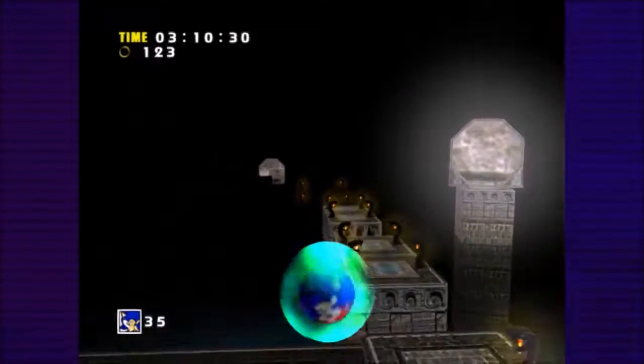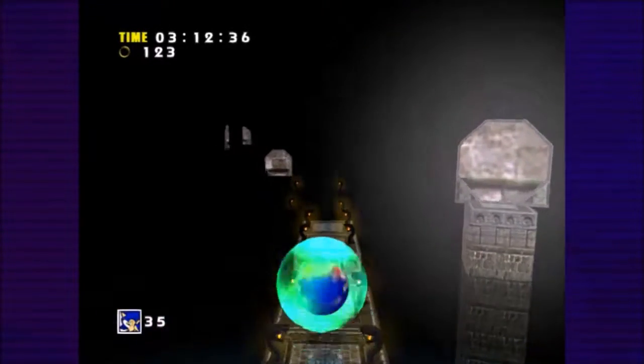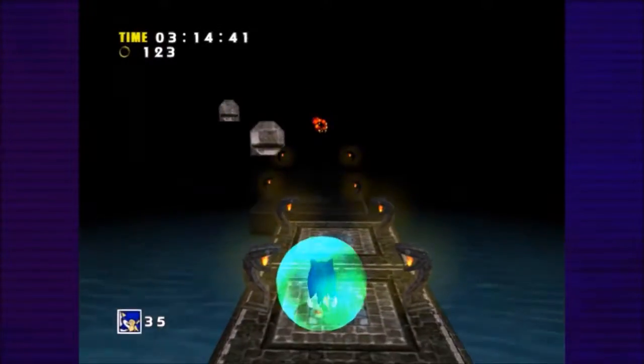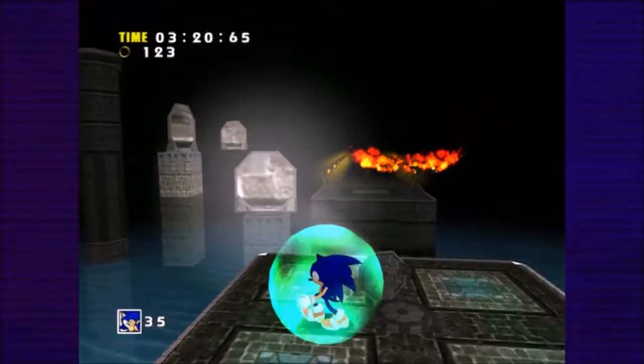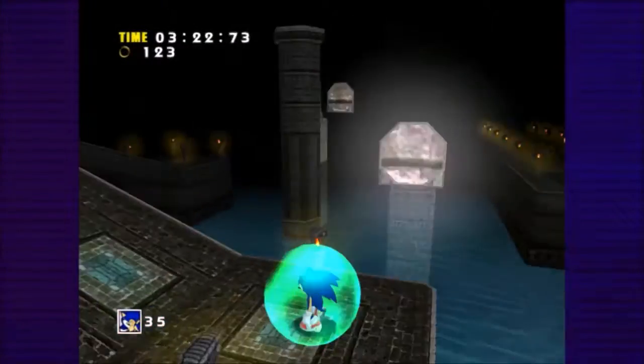I want the normal shield, not the electric shield, because the electric shield will bring in rings, and you can't light speed dash like that. They do actually fix that in later Sonic games by having, like, little phantom rings. I think that was mostly...